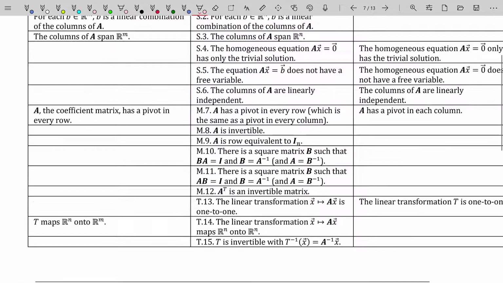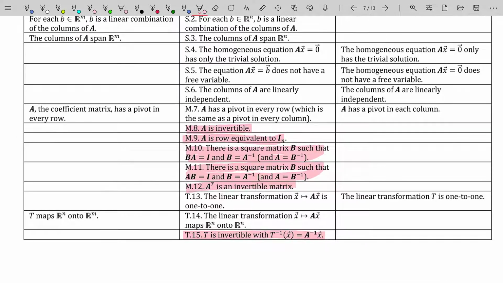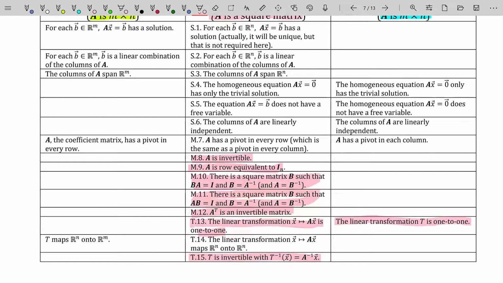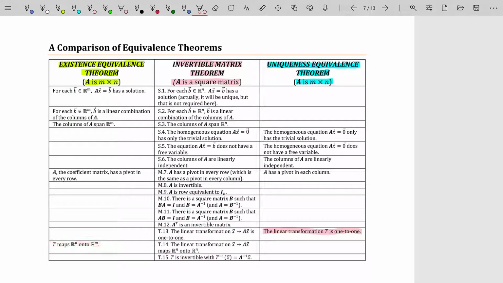And then we step into the invertible statements, which I talked about before. Everything I'm highlighting right now is brand new and doesn't come from those equivalence theorems. However, the transformation being 1-to-1 does come from the uniqueness theorem, and the transformation being onto comes from the existence theorem. So this little table here gives you a good visual of where we get a lot of that stuff for the invertible matrix theorem. It's essentially absorbing, it's like an amoeba, it just absorbs both of those equivalence theorems,